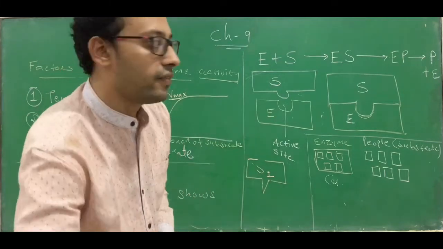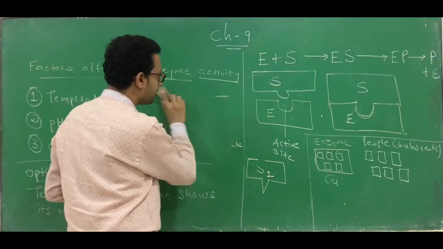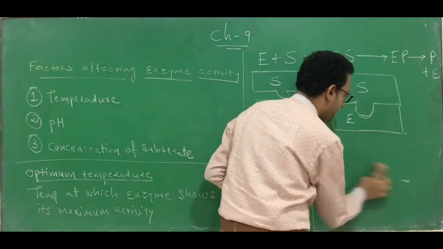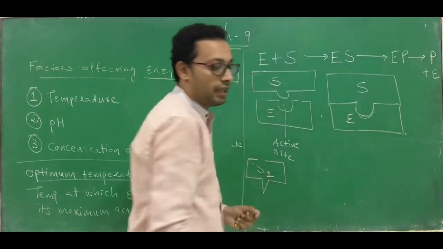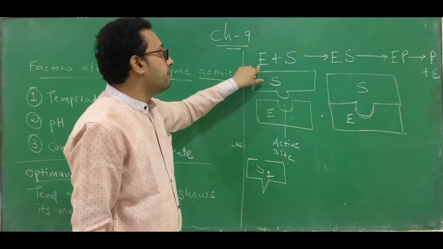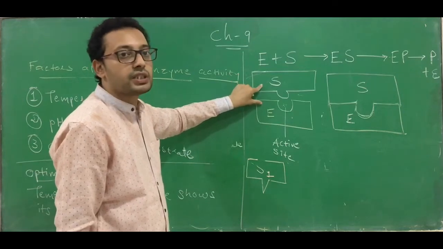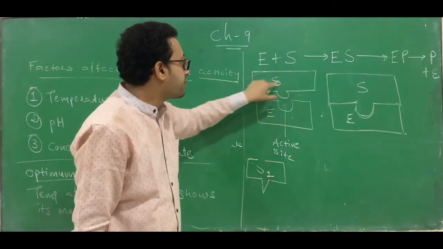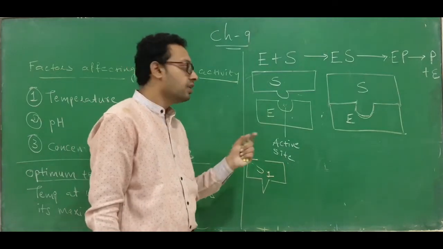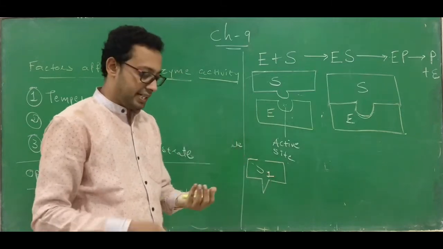Now there is also an effect of the concentration of enzyme. Now see another thing. Now it is clear to everyone that a substrate binds to a specific enzyme if it matches, because it is like a lock and key. So this substrate can bind with the enzyme, but this substrate cannot bind with this enzyme. So if this is S, then it can be catalyzed. If S1, then it cannot be catalyzed.